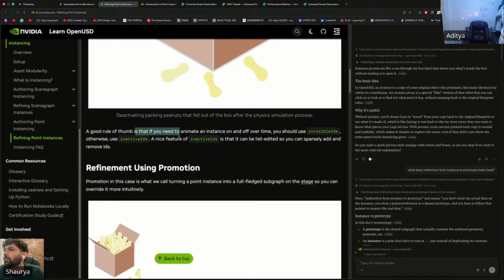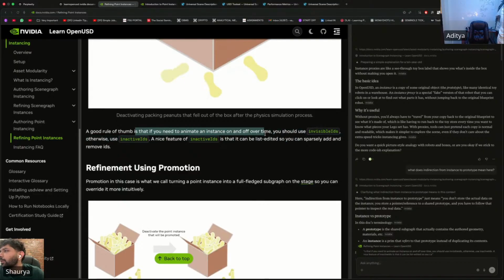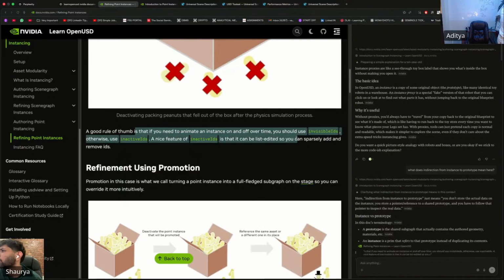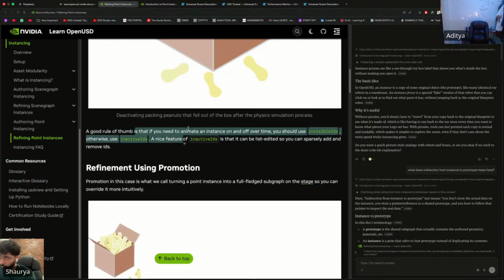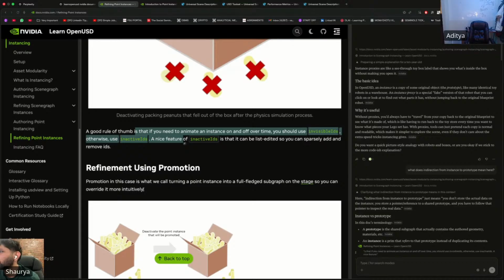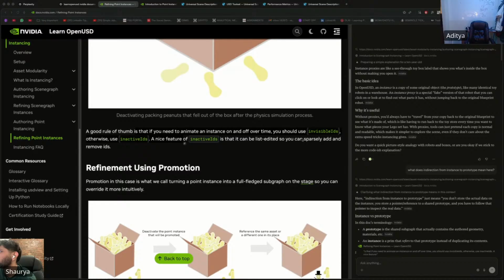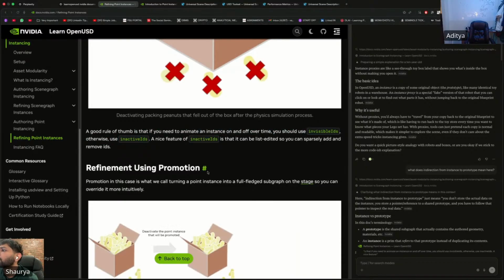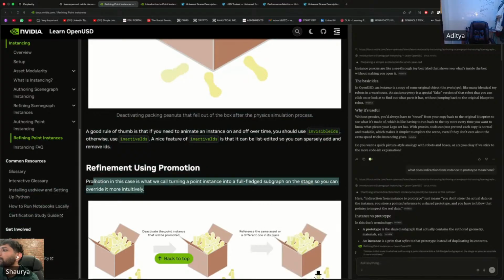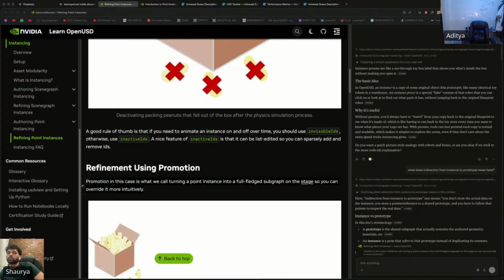A good rule of thumb is that if you need to animate an instance on and off over time, you should use invisible IDs, otherwise, use inactive IDs. A nice feature of inactive IDs is that it can be list edited, so you can sparsely add and remove IDs. Refinement using promotion. Promotion in this case is what we call turning point instance